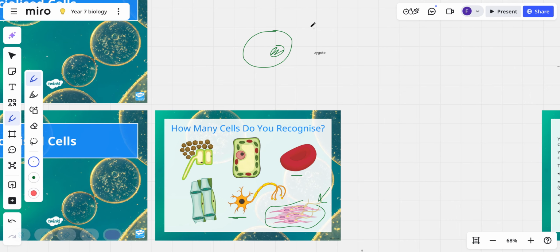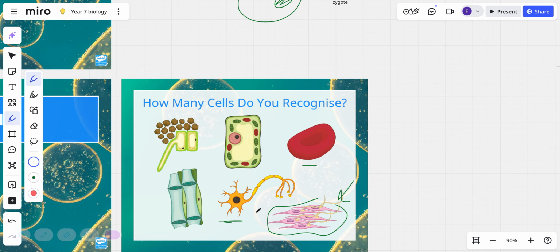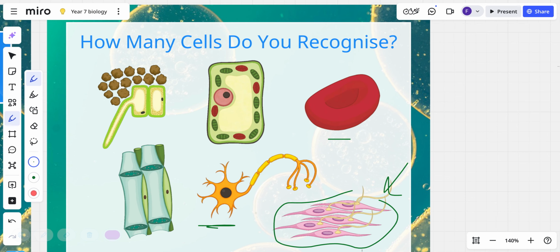When you were a zygote, you didn't have a particular job. You were a single cell with no special function. As your cells replicated, each one started to have a special job. Muscle cells are there for you to contract. Nerve cells are for communication, and red blood cells are for carrying oxygen.